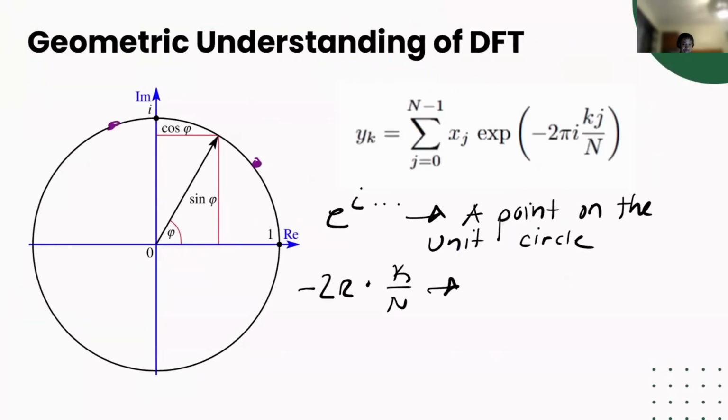And so if we go back to the discrete Fourier transform, we see this factor of 2 pi. That's telling us that we're going to be rotating around the circle a whole revolution. Now, the direction of this revolution is changed. It's negative here. So instead of rotating this way, we're going to be rotating this way.